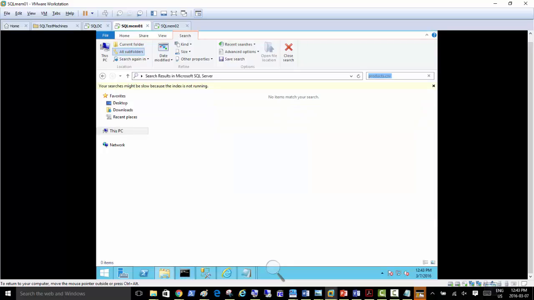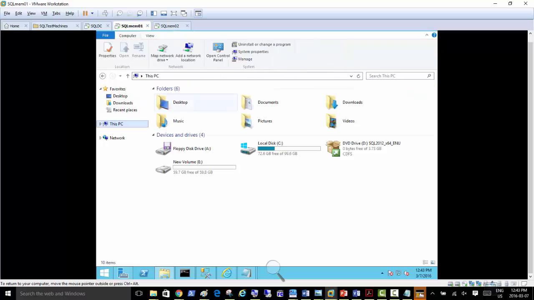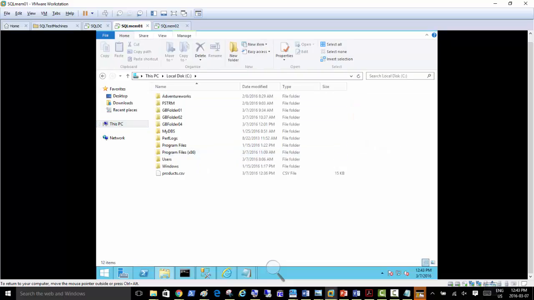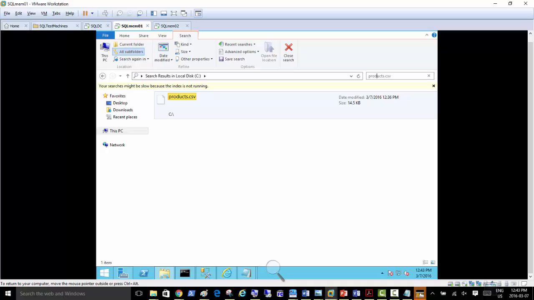Yeah, it was with S. I'm going to try to search it across the C drive. Yeah, there it is, in the root of the C drive.